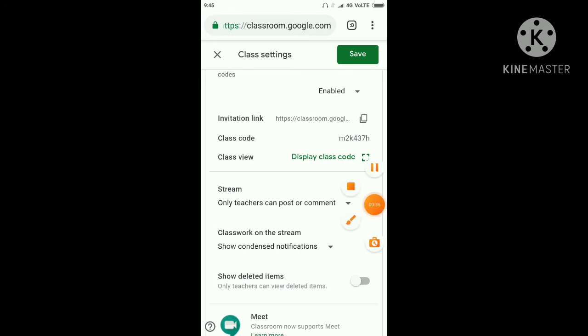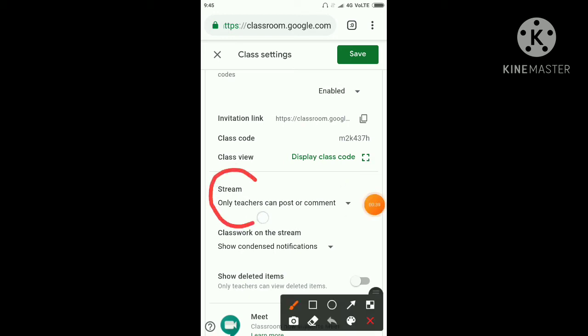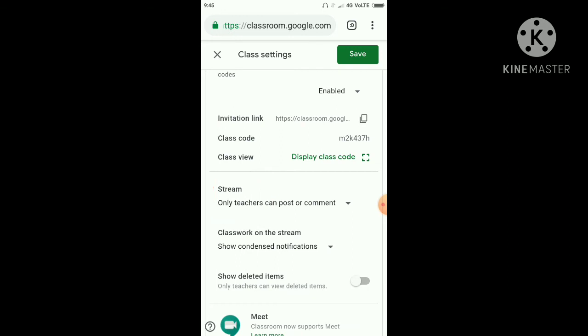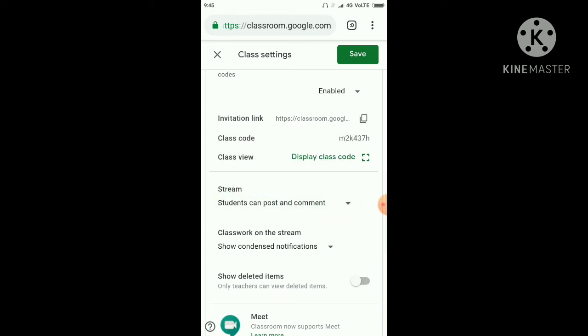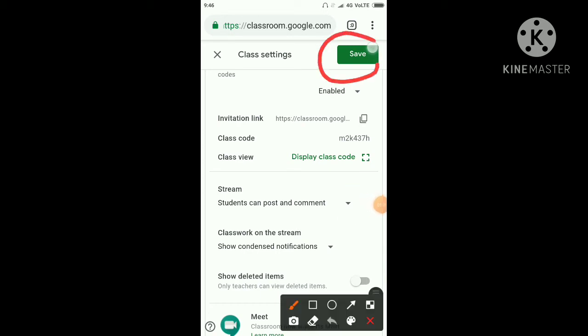In this, it is very important: only teachers can post comments. Suppose a condition has come when the students are posting messages or comments, and you can control it by clicking this button. But if you want a student to post a message, you click this one. For every action on the top side, whatever changes we are doing, we have to save,